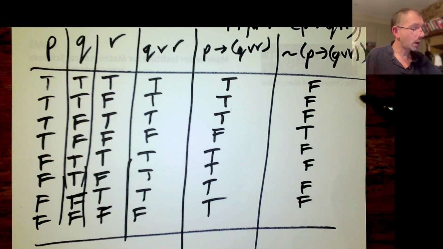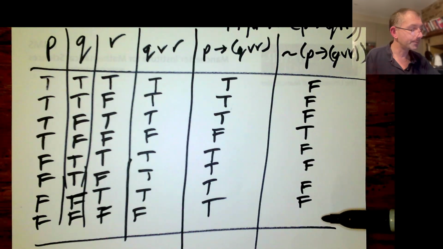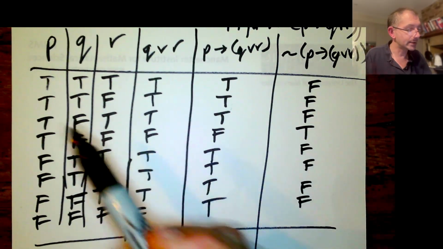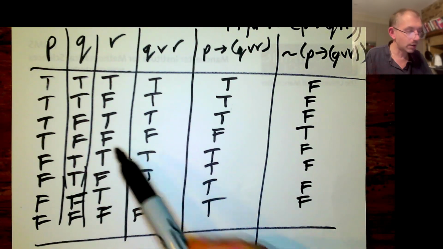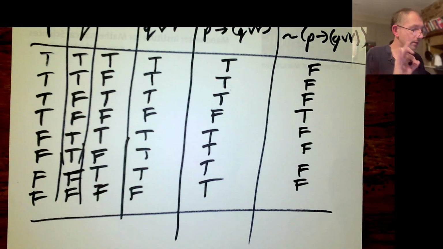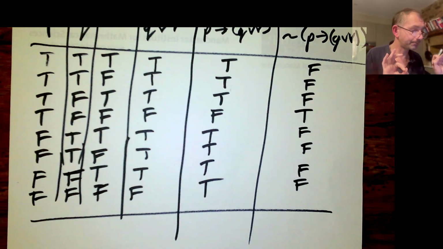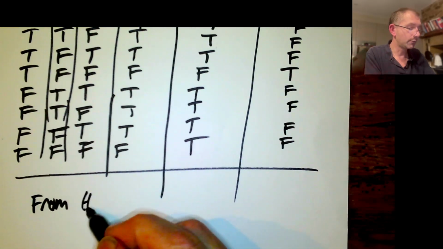Final point. Let's have a look at this right-hand column. You can spot there's only one time in all of the different possibilities where this is true, and that's when P is true, and Q is false, and R is false. And I've been using the word "and" because that is the logical connective which describes this behaviour. So from the truth table,